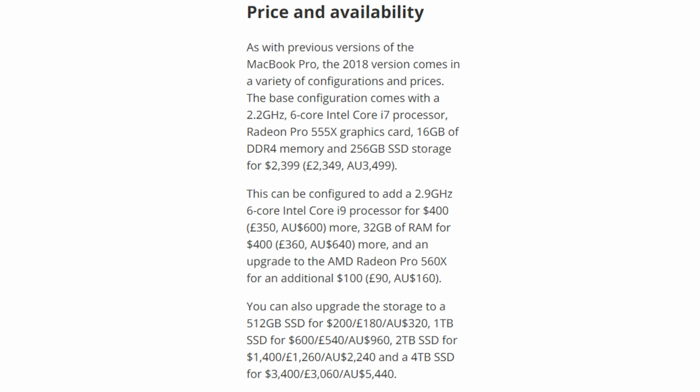£350, AU$600 more, 32 GB of RAM for $400, £360, AU$640 more, and an upgrade to the AMD Radeon Pro 560X for an additional $100, £90, AU$160. You can also upgrade the storage to a 512 GB SSD for